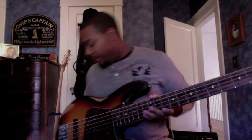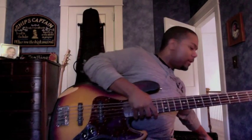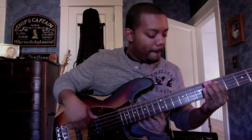But it plays beautiful. I mean, it's one of the best basses I've played. But it's kind of hit or miss depending on what you get. I'll run through a few of the sounds that you can get out of it. First, finger style is